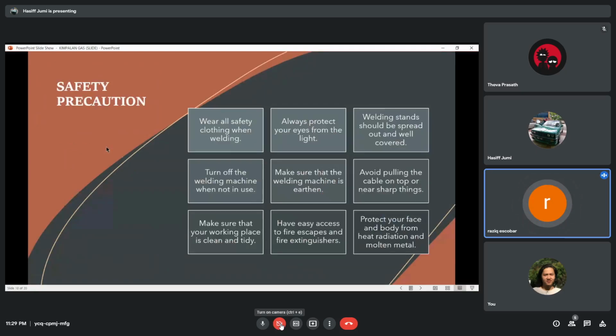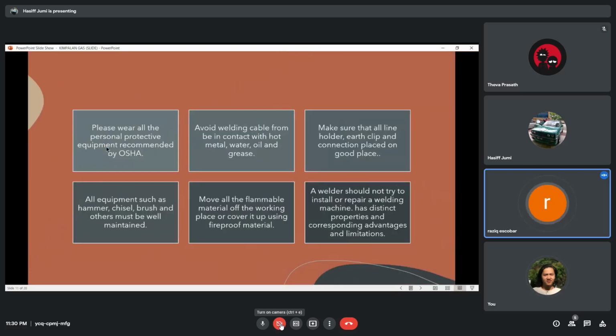So here are the safety precautions. Wear all safety clothing when welding. Always protect your eyes from the light. Welding stands should be spread out and well covered. Turn off the welding machine when not in use. Make sure that the welding machine is earthed. Avoid pulling the cable on top of or near sharp things. Make sure that your working place is clean and tidy. Have easy access to fire escapes and fire extinguishers. Protect your face and body from heat, radiation, and molten metal. And please wear